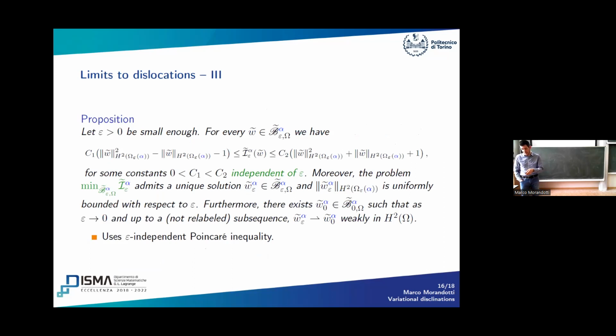So the first one is that we can squeeze the functional for the W tilde, so the one for the elastic part, in between these two controls from above and below in terms of the H2 norms, the H2 norm squared and the H2 norm with power 1. And this is possible to do with constants that do not depend on epsilon. All right, so this amounts to proving a slightly non-trivial epsilon-independent Poincaré inequality, right? Because if you apply the Poincaré inequality blindly, then you will get something that depends on the size of the domain, but it can be improved in a way that it does not depend on the size of the domain.